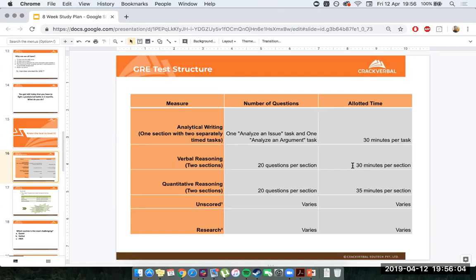Remember that the unscored or research section can be either verbal or quant. You won't know if it's verbal or quant. So all you'll see is 3 verbal and 2 quant, or 3 quant and 2 verbal. You got to do your best on every section, right? But keep this in mind, right? So you could get 3 verbal and 2 quant, or 3 quant and 2 verbal. That could change quite a bit, right? That changes a lot about what you spend more of your time doing, and that could also impact test difficulty. So this is a good example of how knowing the structure of the test, knowing what you're in for, will help you develop and prepare a proper plan.